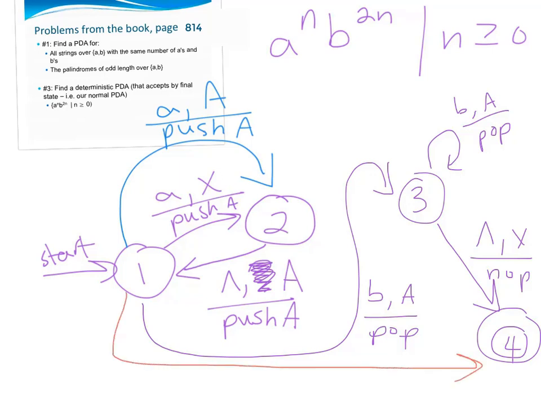is to add a transition here that says, if you see lambda and there's an X at the top of the stack, do a no op. But as soon as I do that, I make my PDA non-deterministic, because there's two rules, this one and this one, that could both happen if I'm at state 1 and I see the letter A, right? I can choose between them. I have a non-deterministic PDA. So we need to think of another way to cope with this situation where I